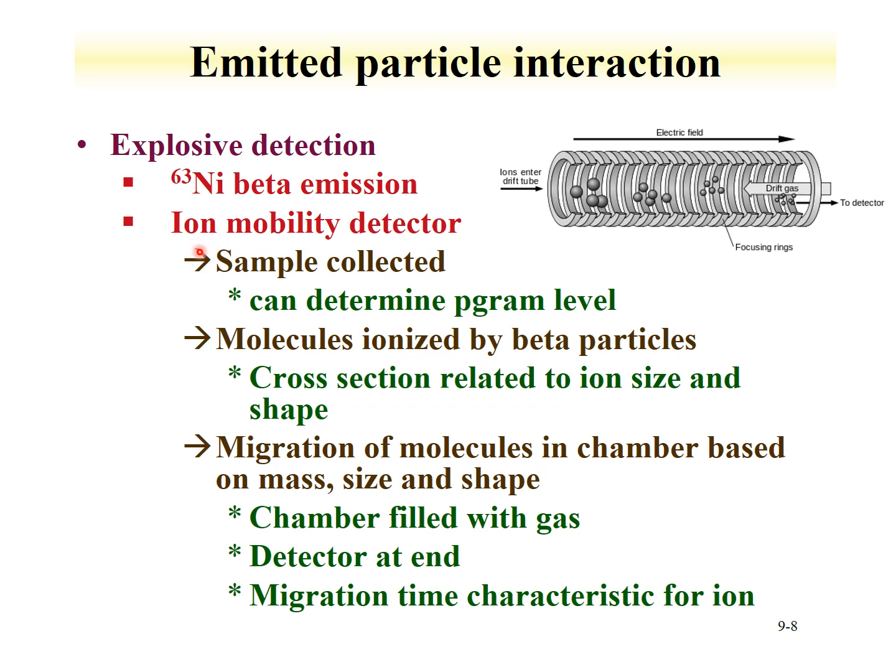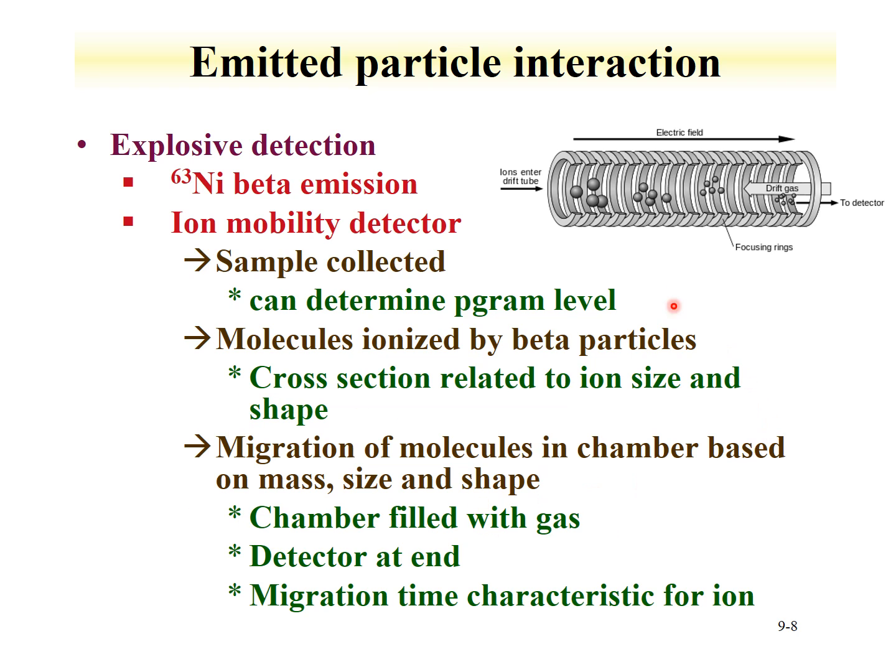The reason that this method is chosen is because of the sensitivity. One can detect explosives down to picogram levels. The molecules are ionized by the beta particles. The degree of ionization is related to the size of the ion and the shape of the ion, so you can think of it as a physical cross-section that the molecule has in the presence of the ionizing electrons. Once ionized, the